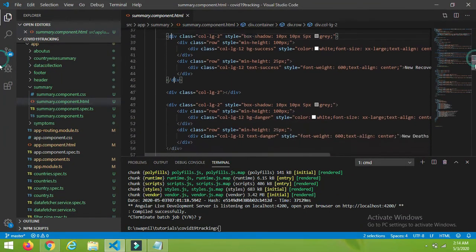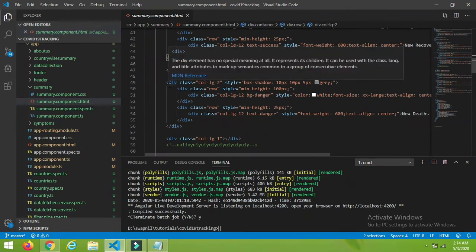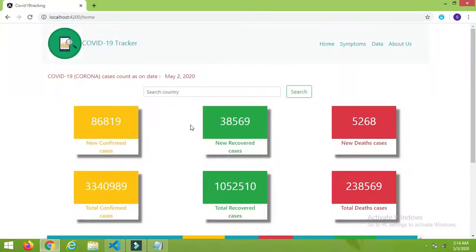Between these three I have given blanks of 2, and each of them is of 2 length, so 2, 2, 2 is 6, then in between these two blanks is 4, 6 plus 4 is 10, and one from the start and one from the end makes 12. That's how I have divided the screen into 12 parts.